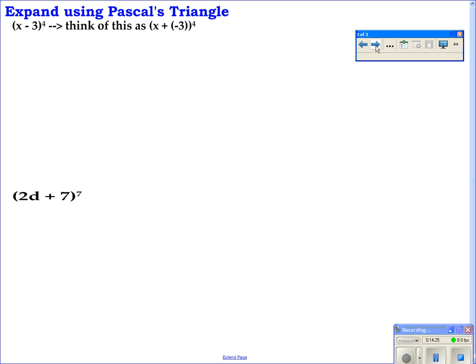All right, so looking at Pascal's triangle, I'm not going to flip back to it. Looking at the one that has to the 4th power, what are my coefficients? 1,